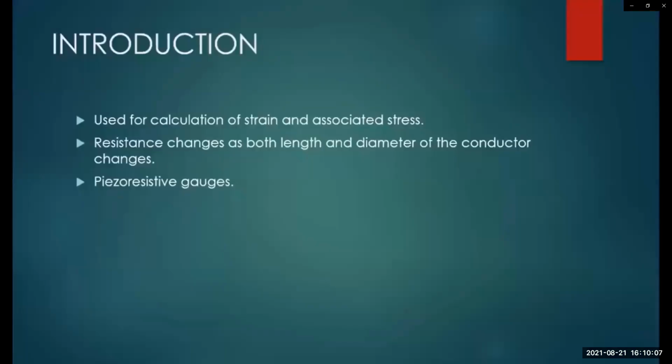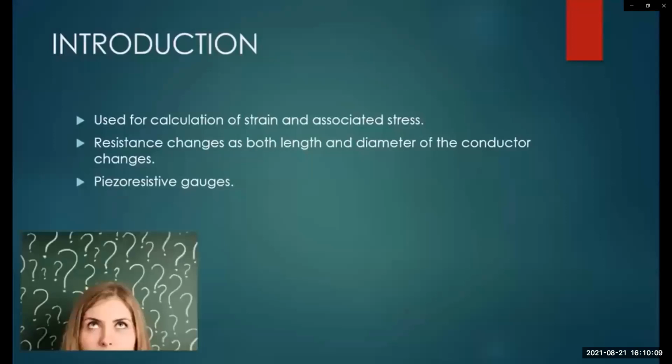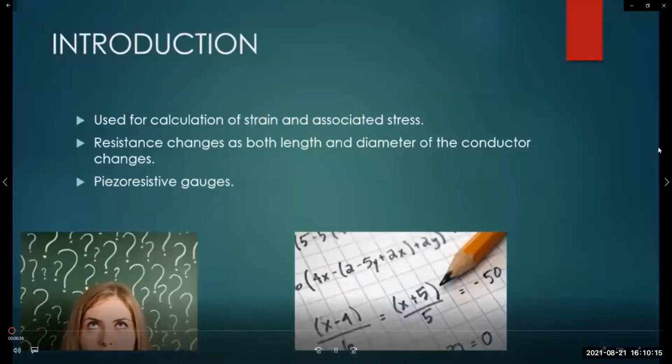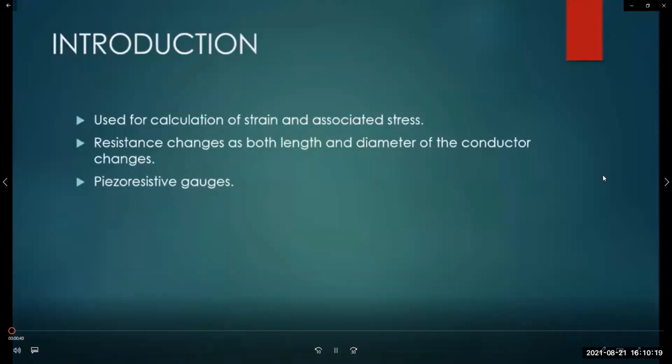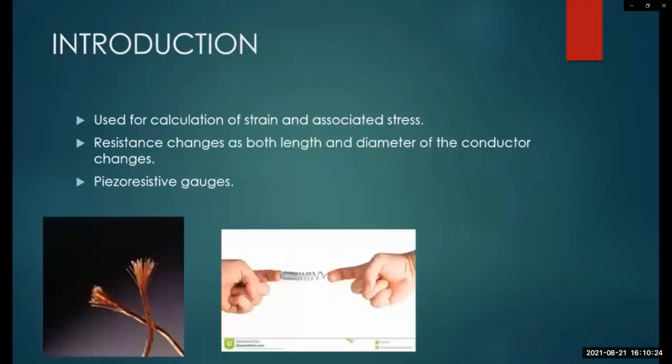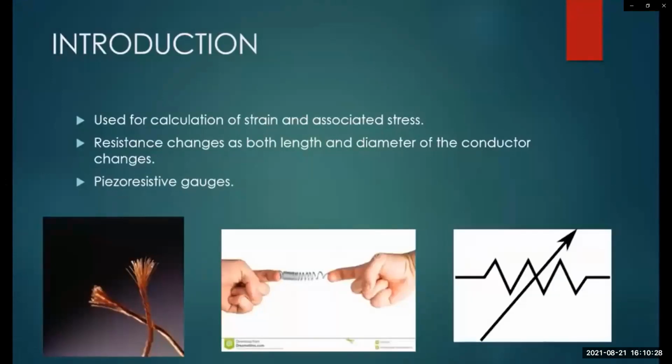Before getting into it, we should know what the work of a strain gauge is. As the name suggests, it is used for the calculation of strain and associated stress in experimental stress analysis. Now if I have to tell you the basic working of this device, it is a metal conductor. If stretched or compressed, its resistance changes on account of the fact that both length and diameter of the conductor